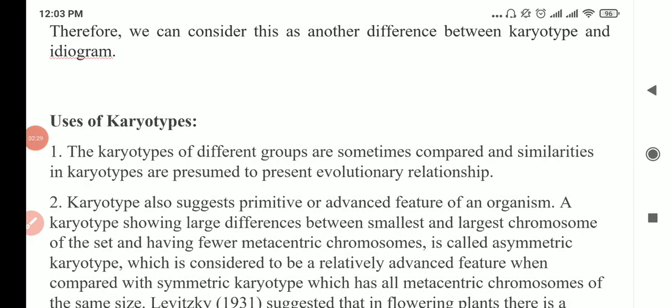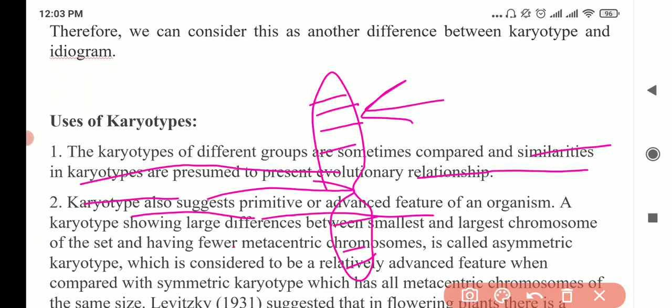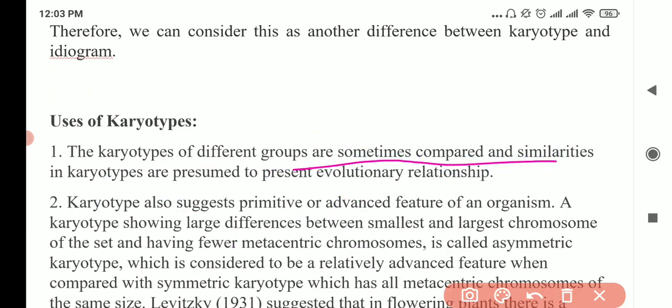Okay, going to the uses of the karyotype. The karyotypes of different groups are sometimes compared, and similarities in karyotypes are presumed to represent evolutionary relationships. Okay, so what this point means is that, let's say in this microscopic field,